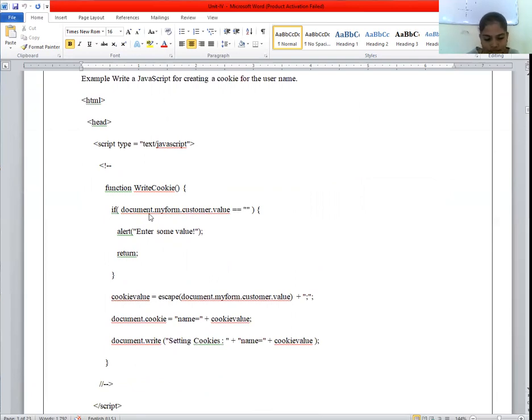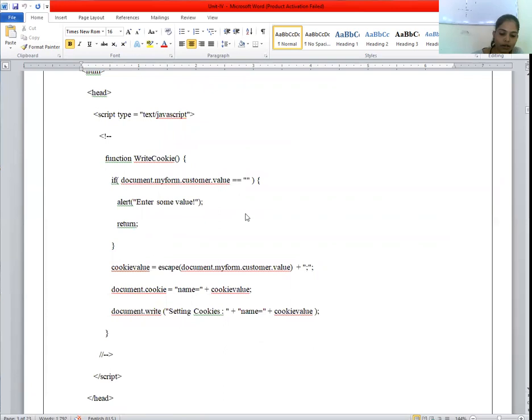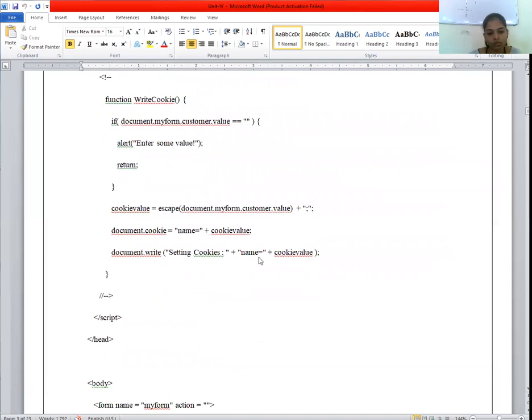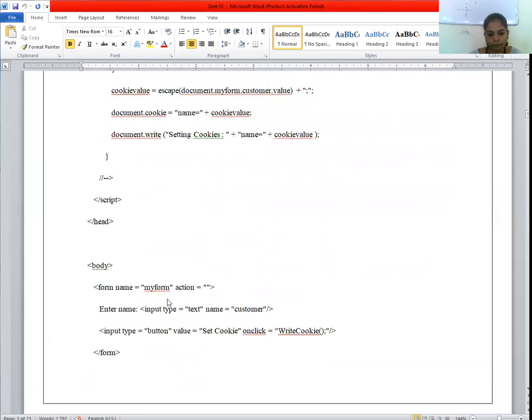Then we give an alert message. This alert message enters some value and returns that value. And then we create the cookie value, escape(document.myform.customer.value), and we give the semicolon. Then we put the cookie name and cookie value. Then we write the setting of cookie name and values, correct?